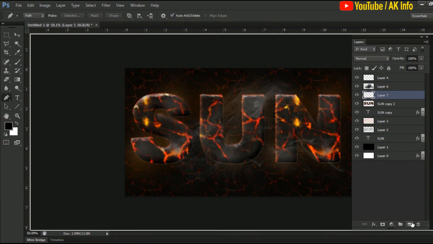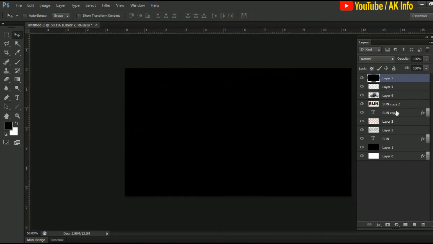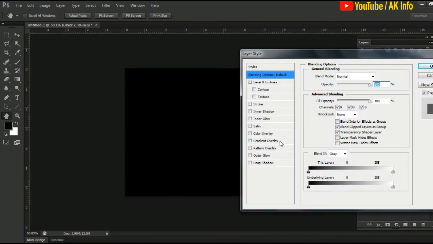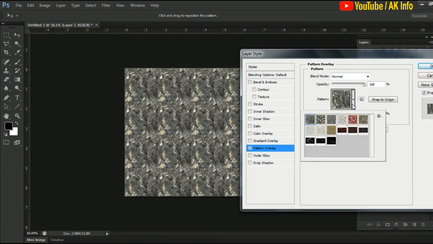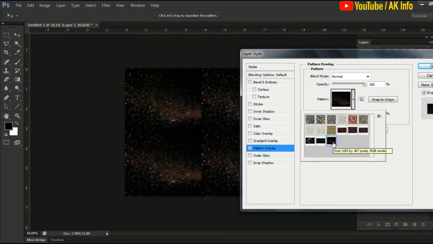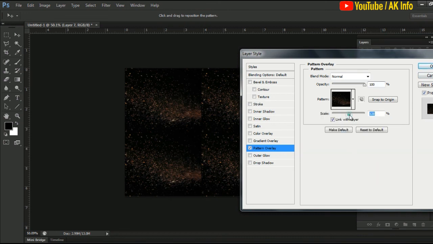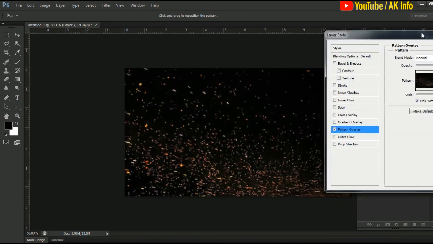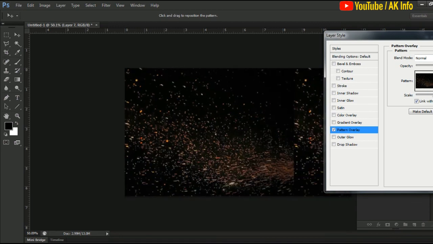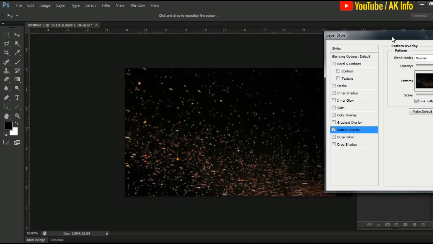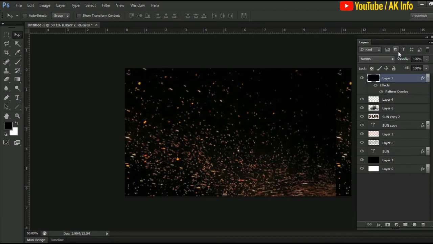In the same way again take a new layer and fill with black color. Again go to the layer properties. Click on the pattern. Now select a spark type pattern. Adjust the scale. Click on OK. Again select roughly with pen tool.